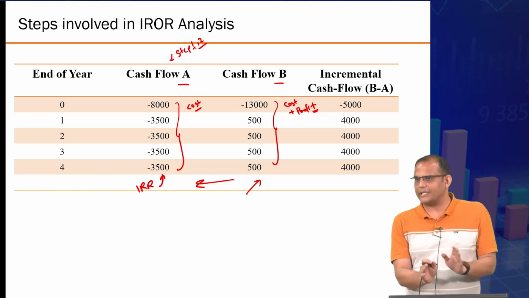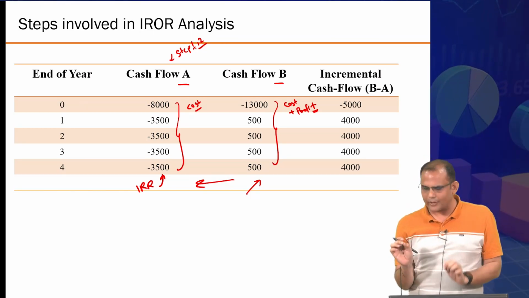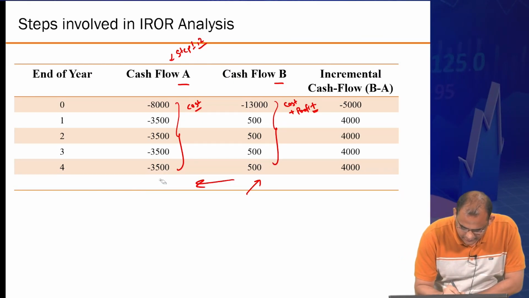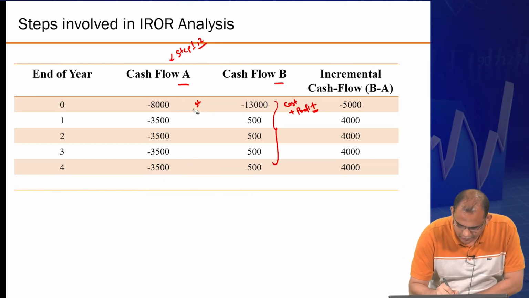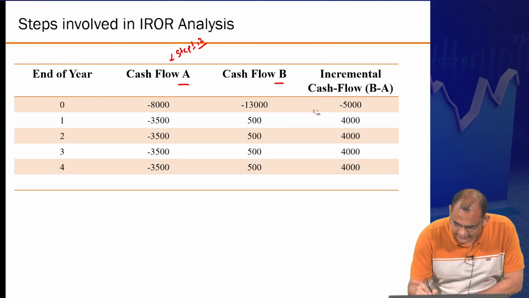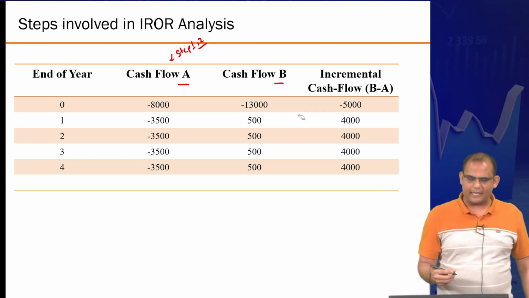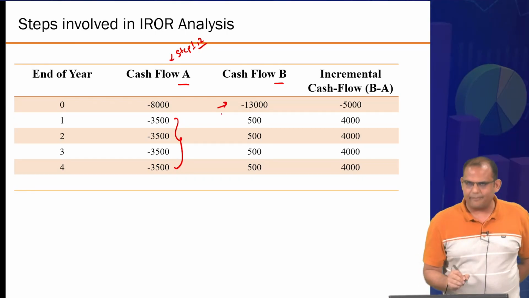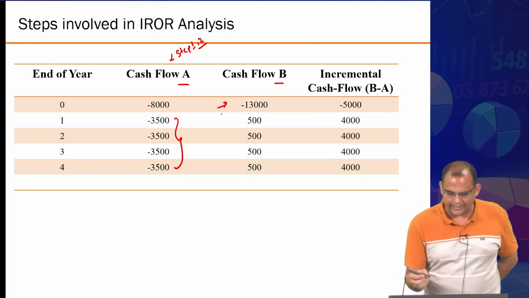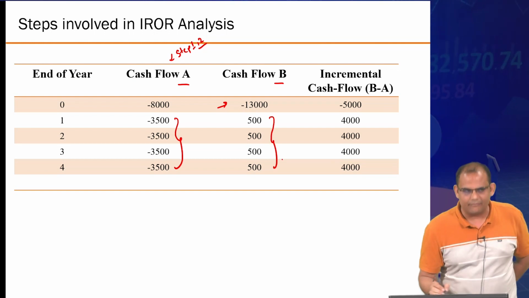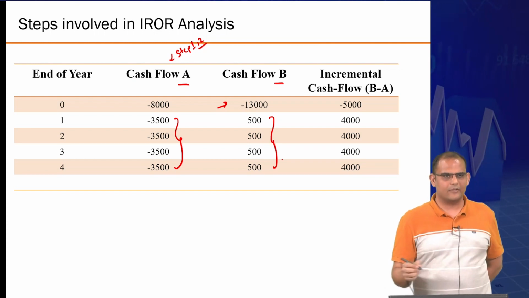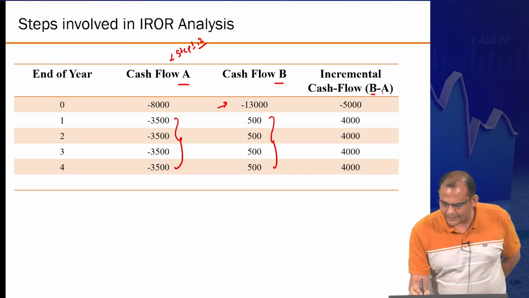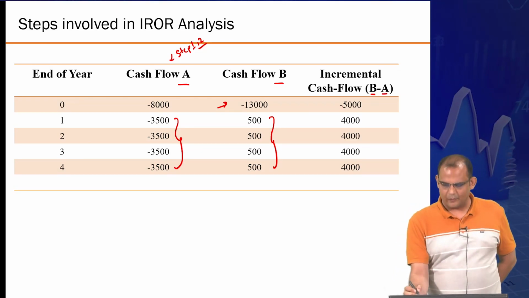That you can still do using the IRR method. Okay. So what's happening here? Let's look into the details of it. Alternative A is basically $8,000, but it has some annual maintenance cost cash flow series, and then alternative B costs slightly higher, $5,000 extra, and then it generates some $500 annually in terms of some profit. So the incremental cash flow series becomes B minus A, which is